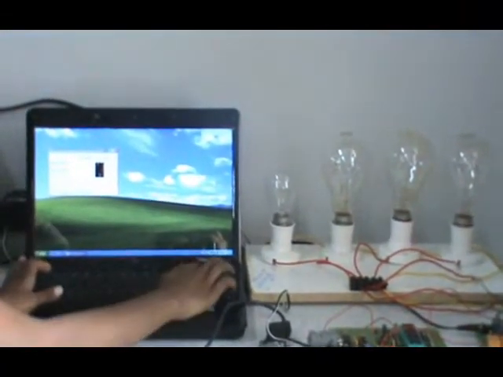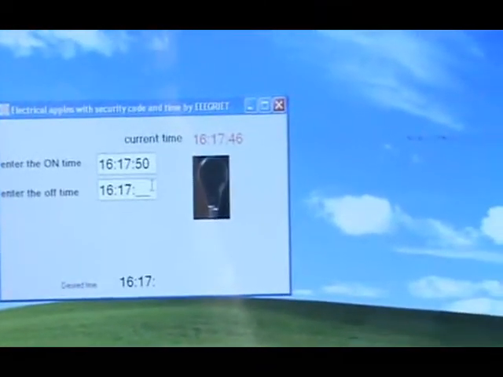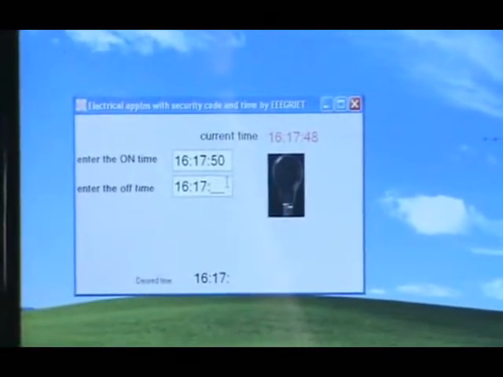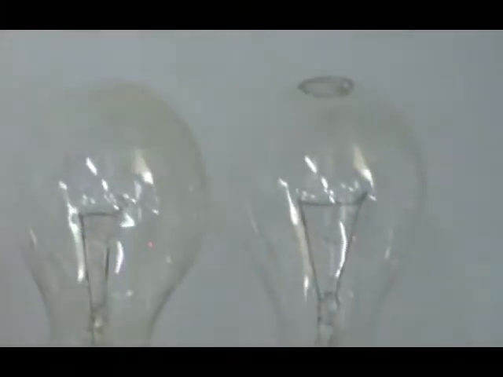Again, let us take another set of on and off time. On time is 50 seconds, so again the bulb will glow. And then off time is 59 seconds, so the bulb will turn off.